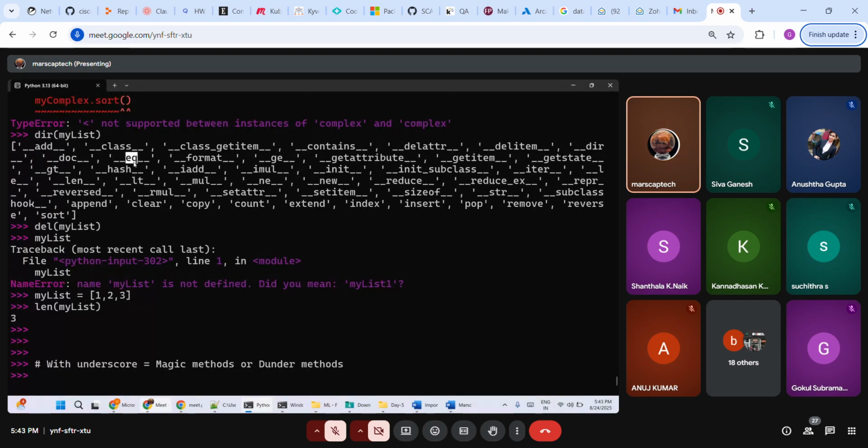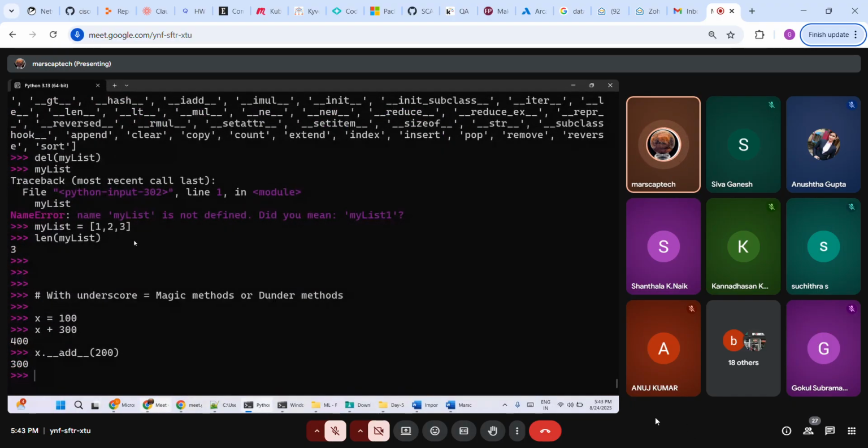Good. Now, because it will be used for systemic operation, but if you want to call it explicitly, you can call it explicitly. x dot underscore underscore add. You can definitely call it. What is